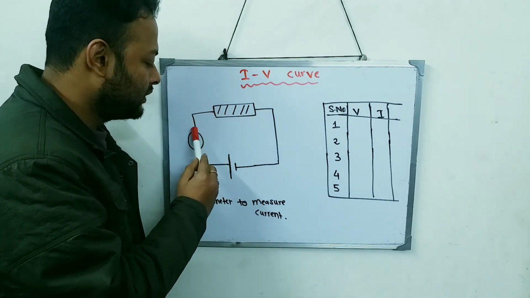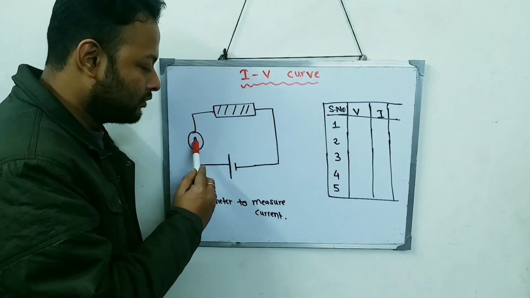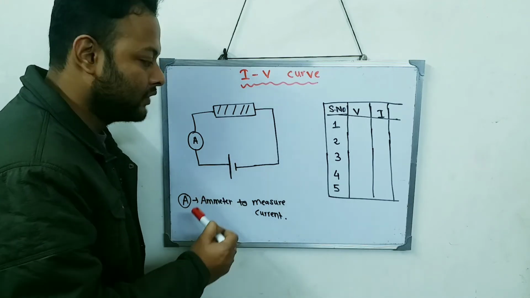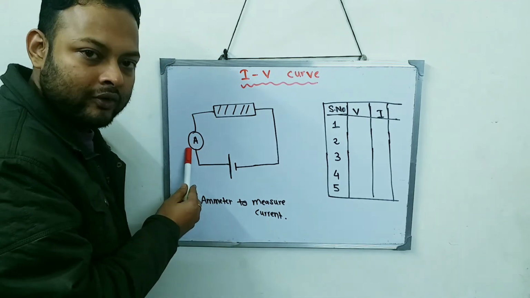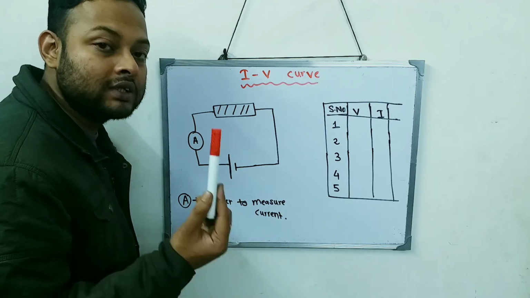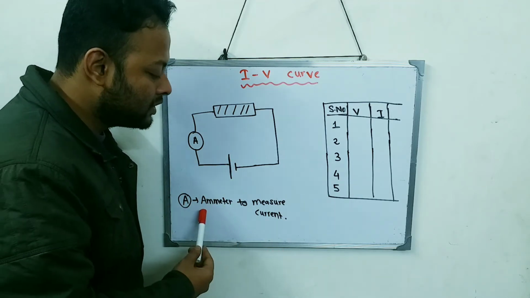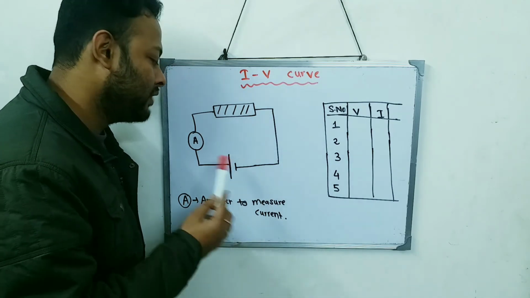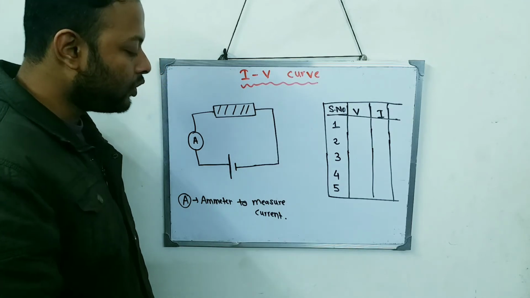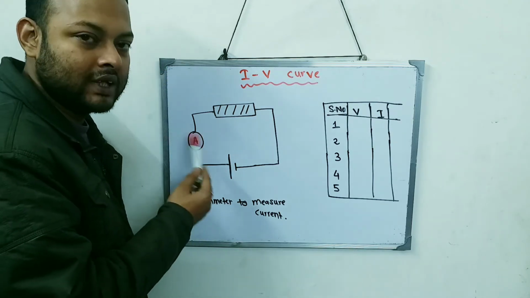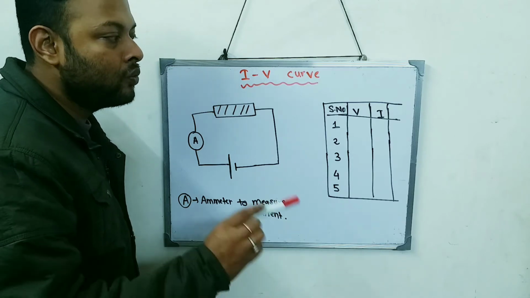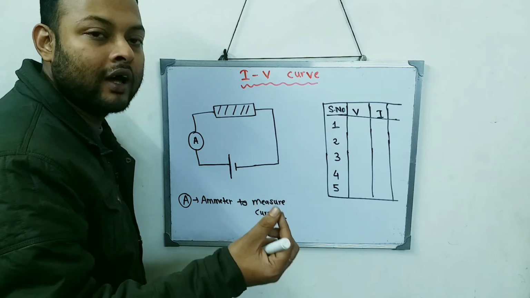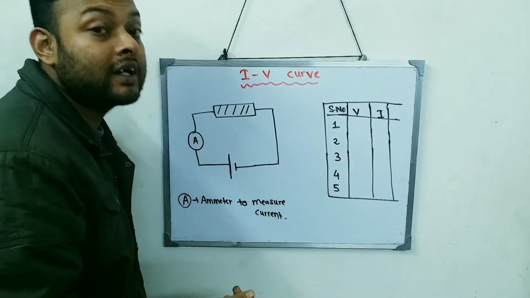So we consider a conductor. This conductor is connected to an ammeter, and the ends of the conductor are connected to a battery. Battery means potential difference. This ammeter that we have used, what is the purpose of the ammeter? The ammeter's purpose is to measure the current. To measure current we need a device, and that device is called an ammeter, which is represented by an A with a circle. Now we will do one small experiment to see, for a particular voltage, how much current I am getting.